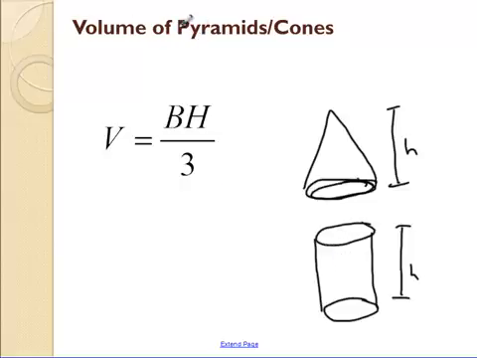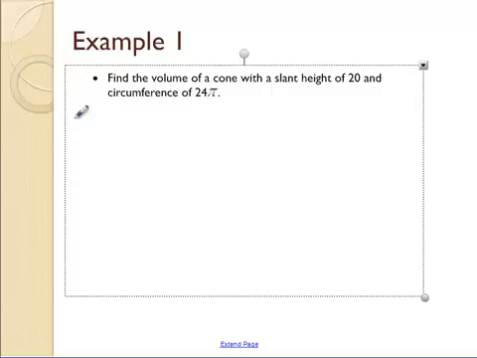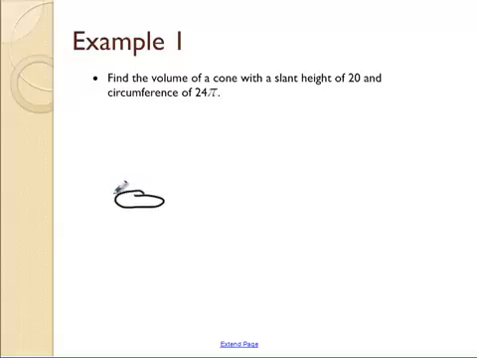And that works for pyramids as well. If you take a cube and then you have a square pyramid that has the same height as the cube, you end up getting that the pyramid has a 1/3 volume compared to the prism. So, find the volume of a cone with a slant height of 20 and a circumference of